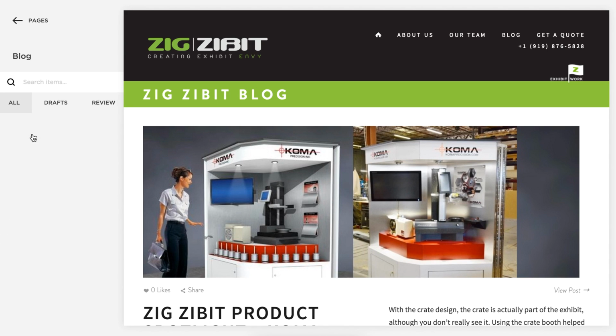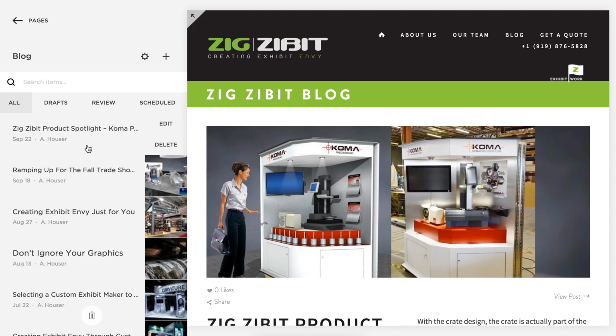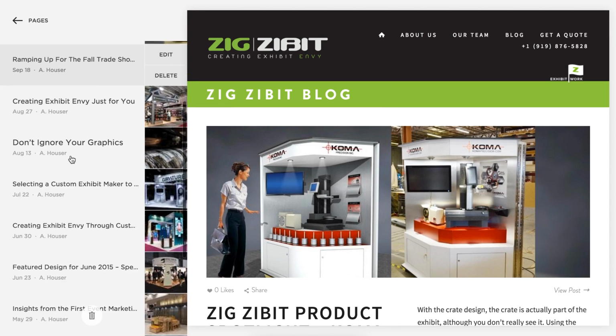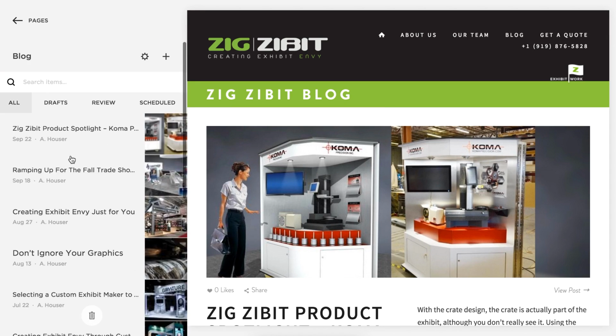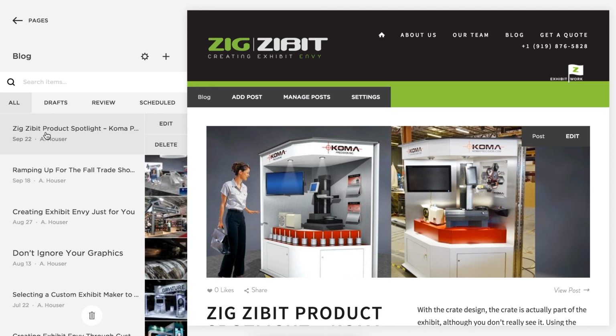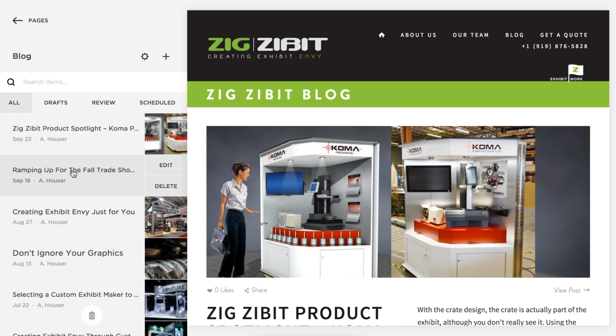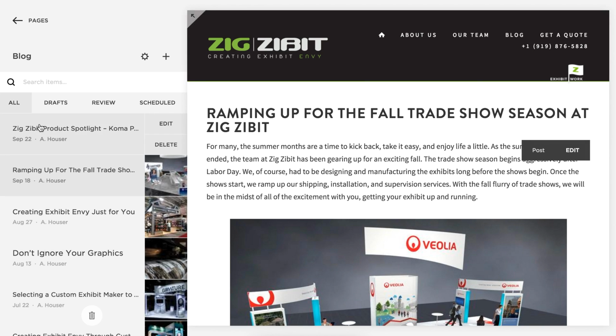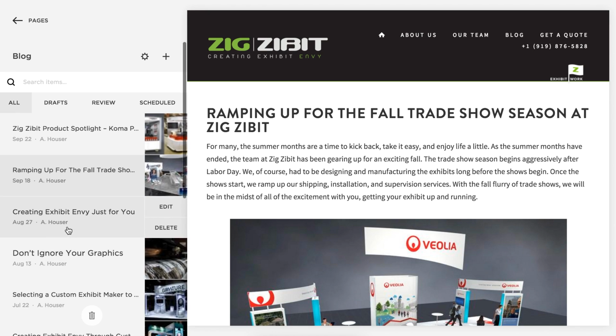So if you select blog here, it's going to refresh, and we're basically seeing all of the posts that we've got here, and you can also post drafts and things. So it's kind of like a preview mode. If I select a post over here, it's going to show it over here. But what we're wanting to do is a new post. So I can just click the plus sign,